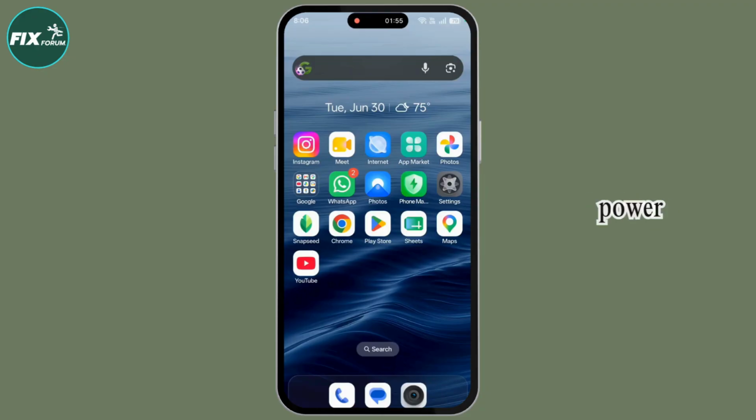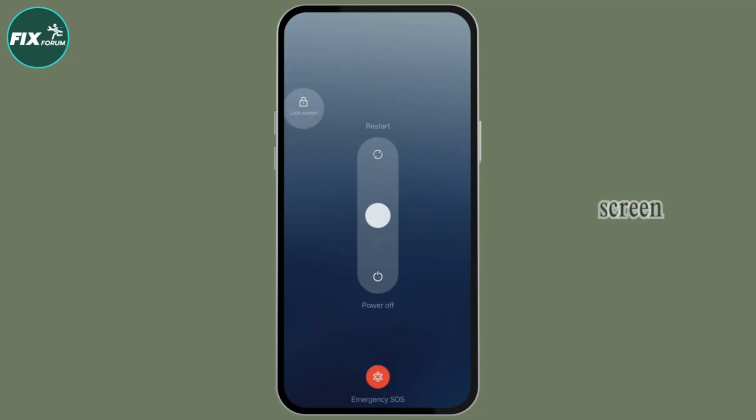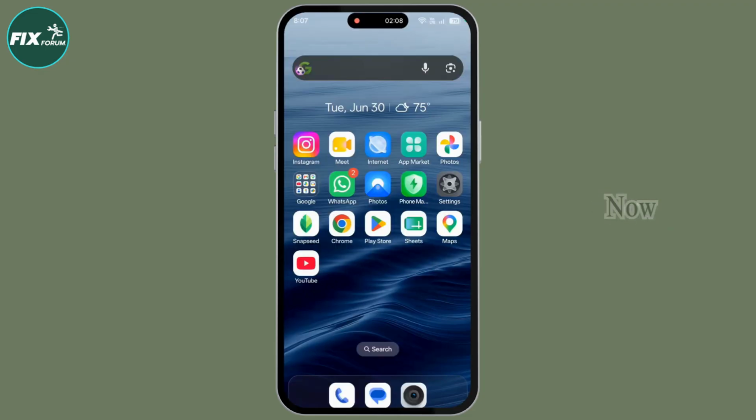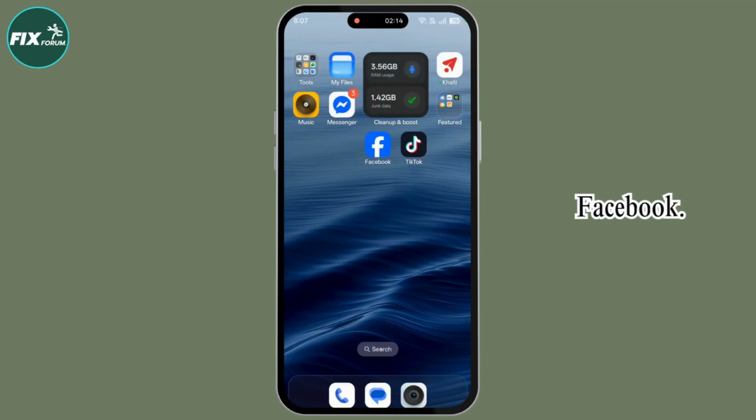pressing and holding on the power button. Then the screen will appear. Simply slide it up to restart your device. Now your Facebook login should work, and if it is still not working, simply go to Facebook, click and hold